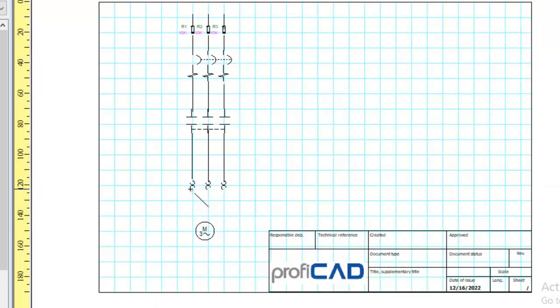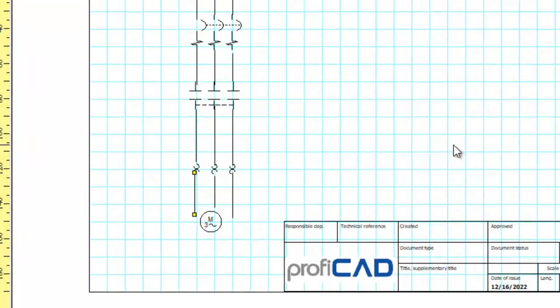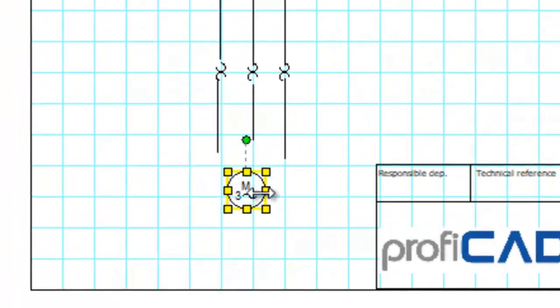Okay, before then, let me take this section, align that line later. So press escape to free your pointer. So I can use the right arrow key now to align it with my thermal overload. So my motor, I will move it down and then expand it a little so that